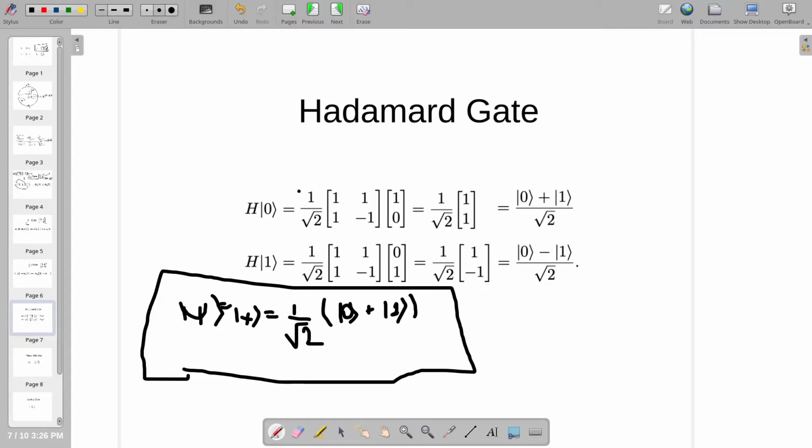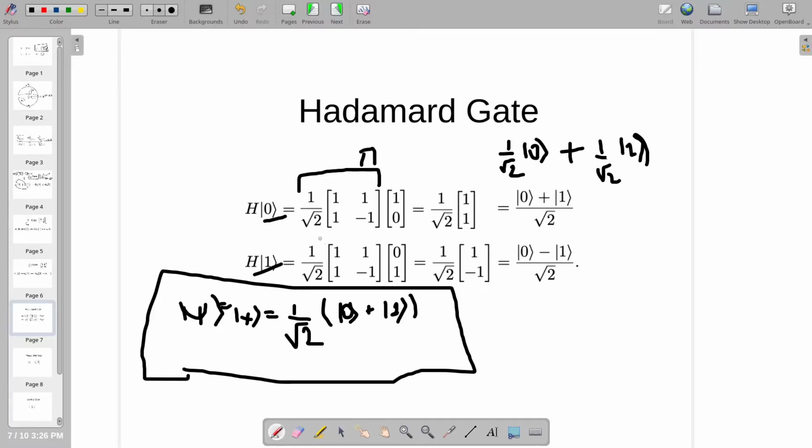So the matrix associated with the Hadamard gate is this. When I apply the Hadamard gate to a given qubit 0, we get 1 by root 2 times (1 1), which is nothing but 1 by root 2 |0> plus 1 by root 2 |1>. If we square these values, we get 1 by 2 and 1 by 2. That means it has a 50% probability of being 0 or 1. The same goes for 1.